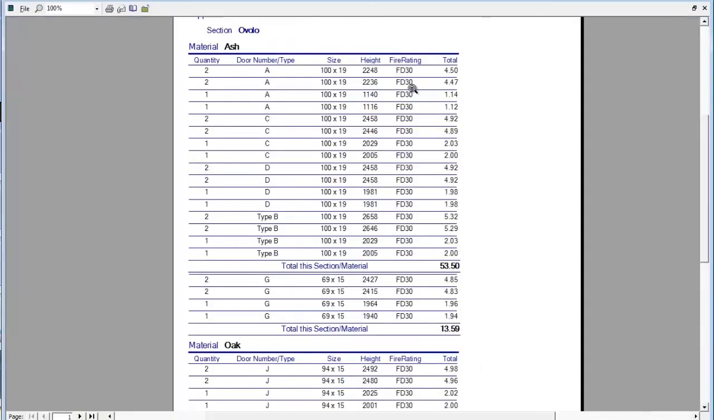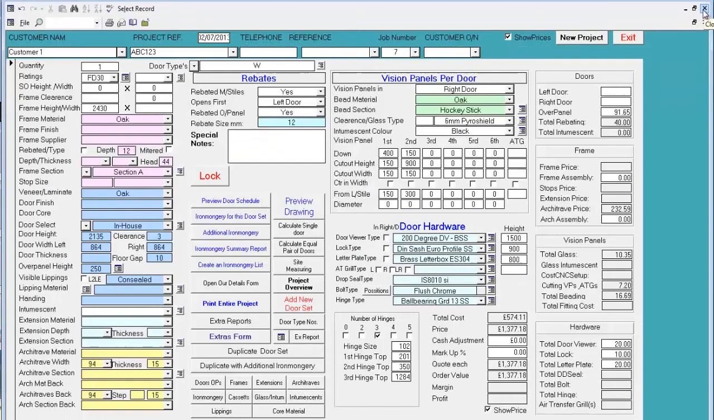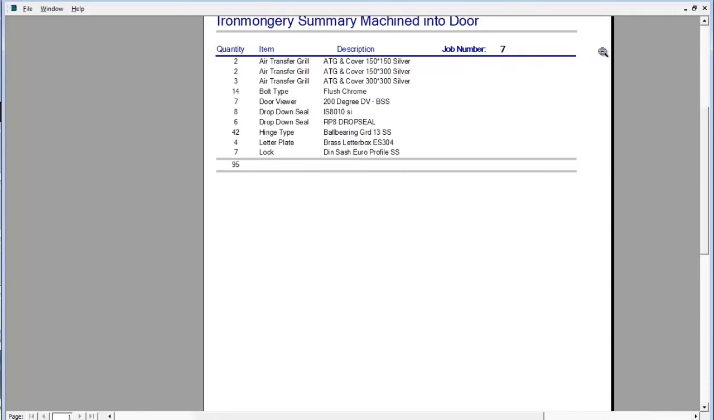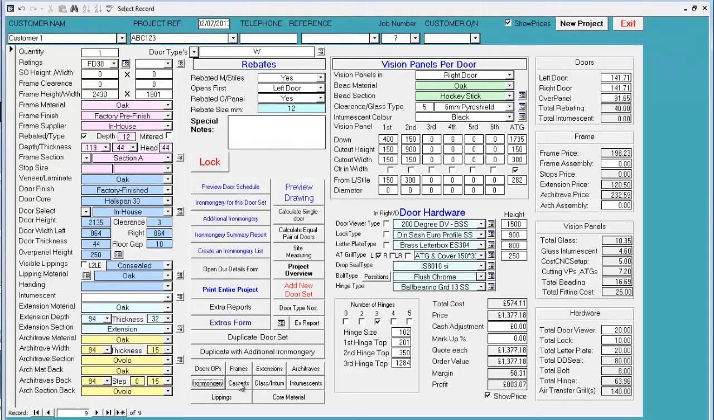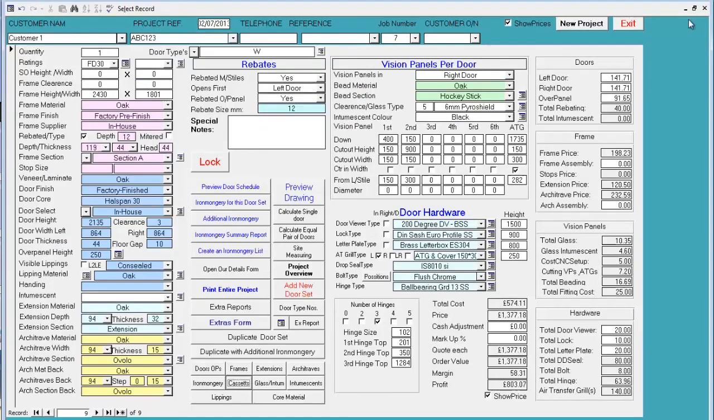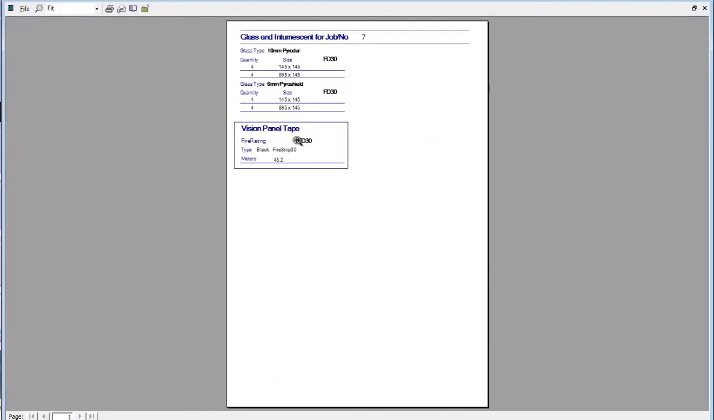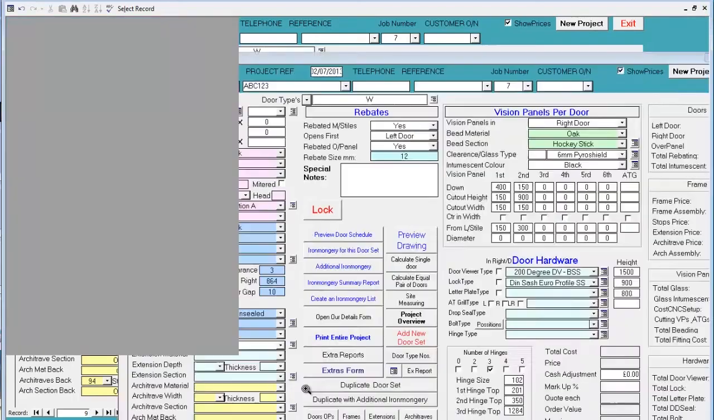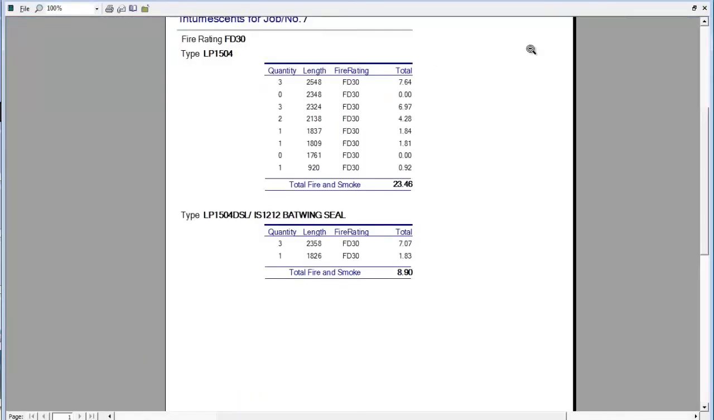The architrave requirement and sections, the ironmongery that's machined into the door as a summary, so we know what to order, the cassettes or the glazing bead size for the cutouts that are in the various doors, the glass requirement and the intumescent tape,